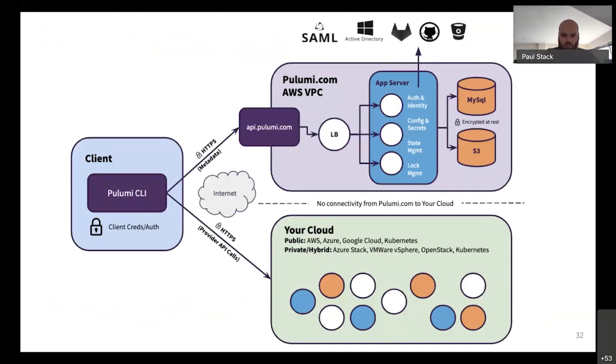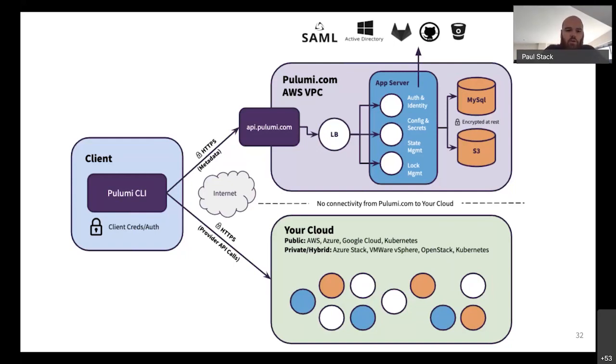Super fast, just to talk about the internals of Pulumi. Pulumi is a client and CLI, okay? The CLI tool on your local machine or on your CI tool will read the credentials. It will not transport the credentials anywhere else. So the CLI makes two calls. It makes a call to your cloud when it has the API call, and it does that over HTTPS, and it will authenticate correctly against the cloud. And then it will talk to